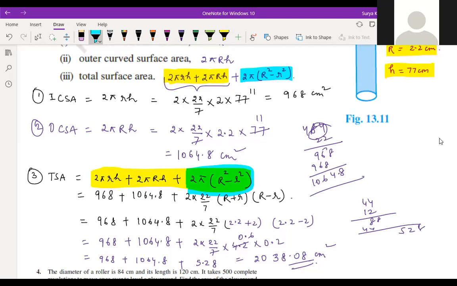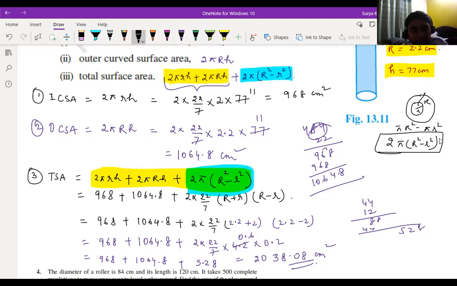Could you explain once, sir? I understood there are two different ends, so we have to subtract to get the shaded area. That only we did here. See, we get this one only, no? Two circles are there. One is small r, one is capital R. So pi R square minus pi r square. So this is pi common, R square minus r square. And this concentric circle is of 2 times. So 2 into this, that's it. And the other 2 pi rh is the different CSA, right? Inner part and outer part of CSA. Okay, sir. I understood. Still anyone having doubt, children?